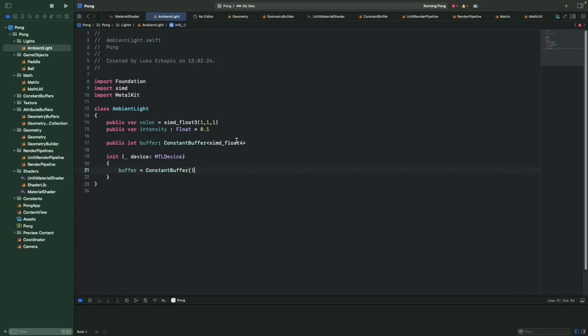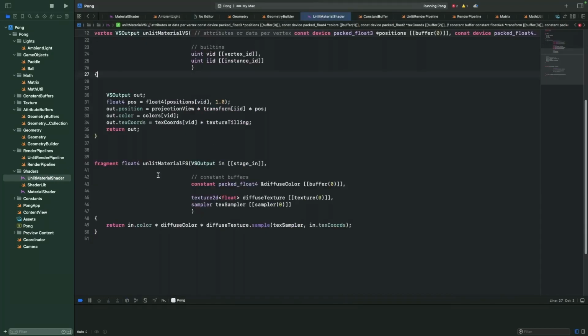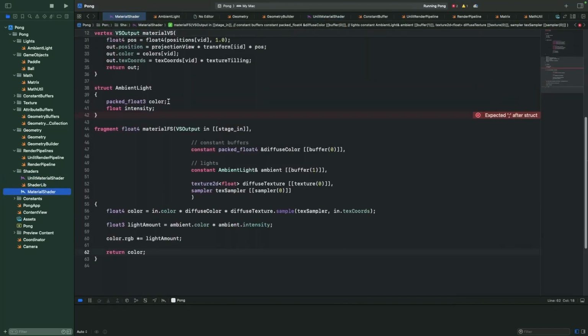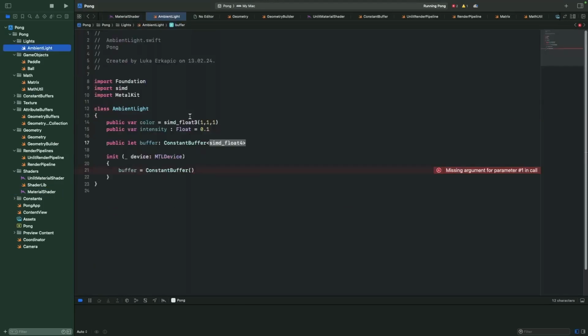So here I mentioned that actual buffer is of type float 4, but in our shader I'm using float 3 and then I'm using float, but it actually works, right? Because on the CPU it's float 4, but when we pass it, it doesn't really matter, right? What matters is order, right? And that we have 4 floats reserved, and we have here 3, here 1,